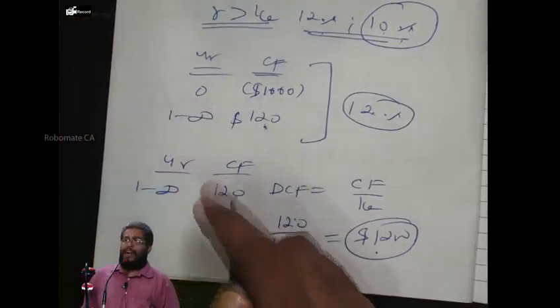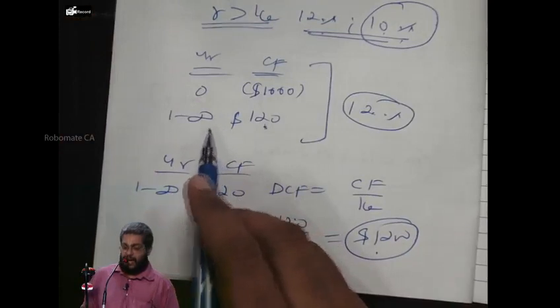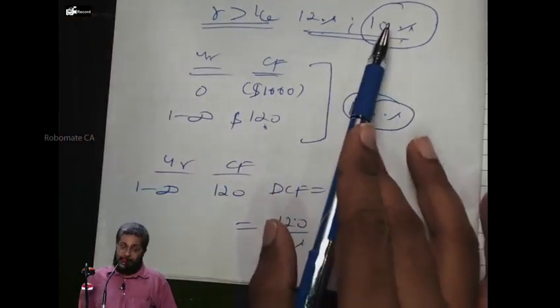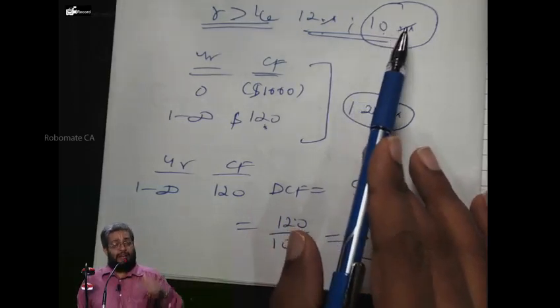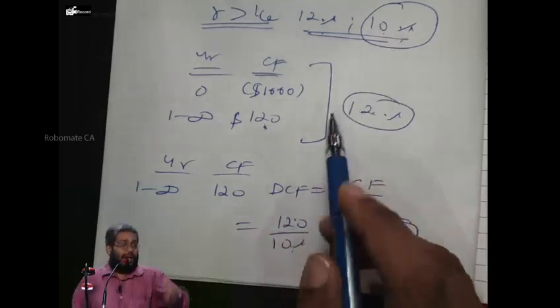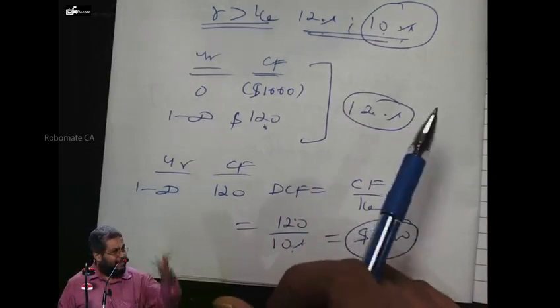Why is the asset value more than what I purchased it for? Because I wanted only 10% from that asset, and the asset is giving me 12%. If the rate given is more than what I want, I am willing to pay more for it. Right or not? Same as bond valuation.